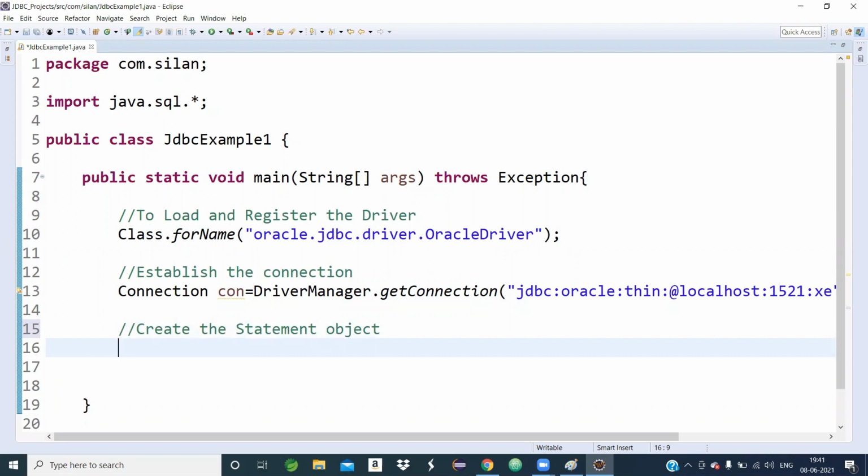In our previous class I already gave clarity. There are three interfaces for creating a statement object. One is the Statement interface, one is the PreparedStatement interface, and one is the CallableStatement interface. Then the question is, in which scenario will we use which interface? Here I am using Statement.